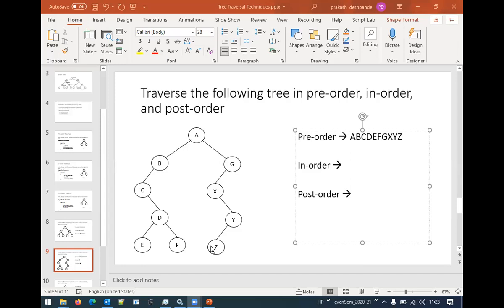Correct? Now, in the expression, if I keep the operator first, prefix expression. The same way here, pre-order, where I will read the root first. Same way for the postfix expression. In the postfix expression here, the plus is written at the last. Correct? Same way in post order, the root we will write at the last. Now you might be getting to know where exactly we use these applications. Okay, we will see one more example.